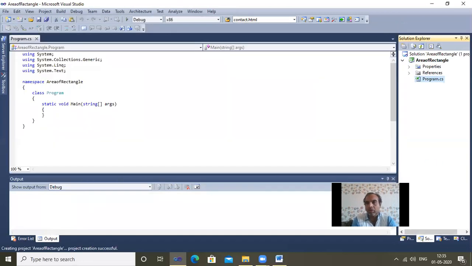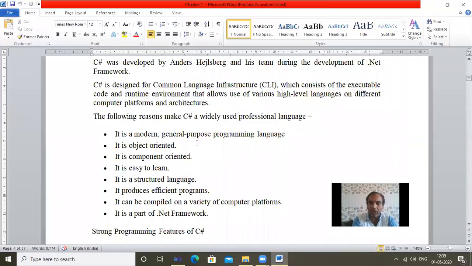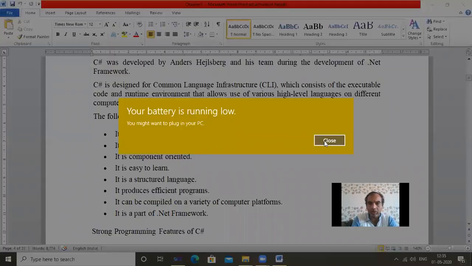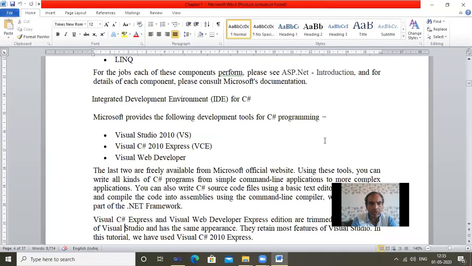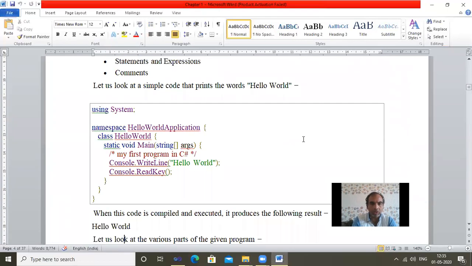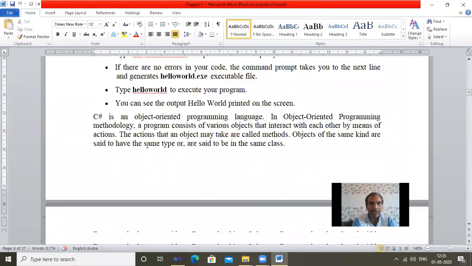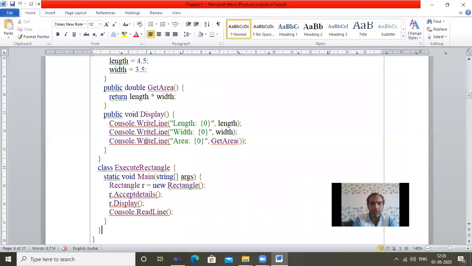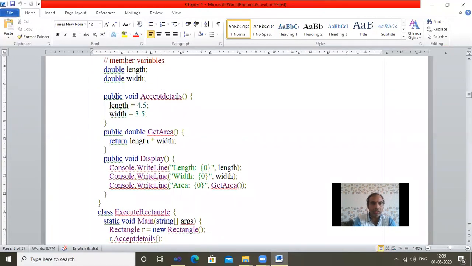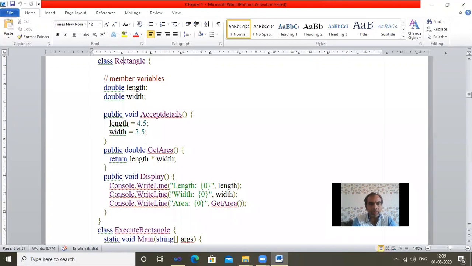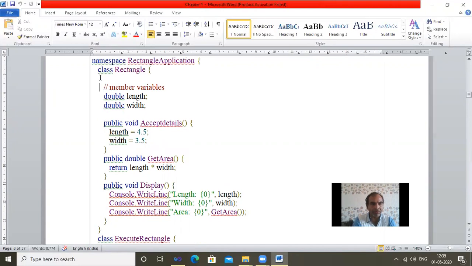Now I want to declare variables and create a method to accept the data, calculate the data, and display the data. Let's see how we can do it.